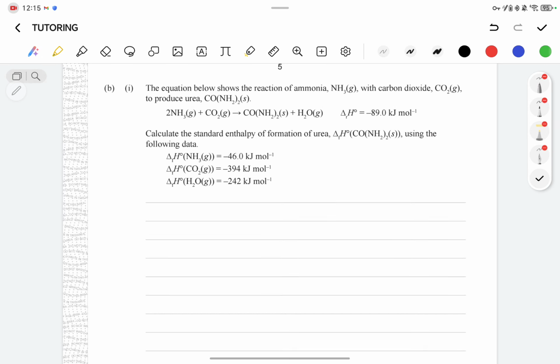Okay. All right, Eric. So we've got the reaction of ammonia with carbon dioxide to produce urea, CO(NH2)2. So we need to calculate the standard enthalpy of formation of urea, which is this. So the formation of urea is going to be